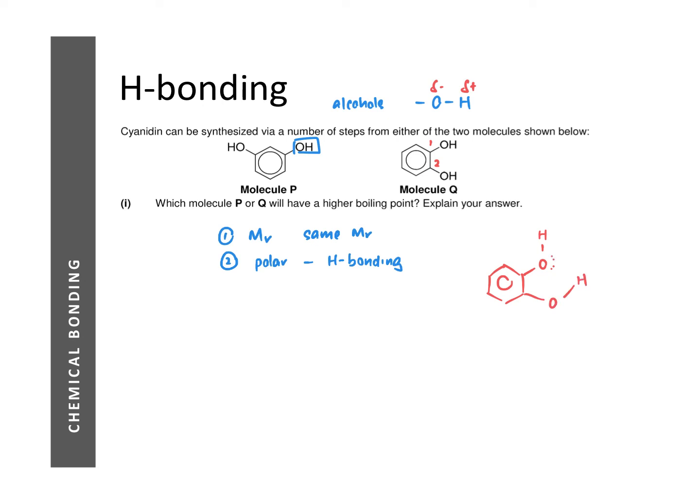Okay, and what's so special about that is now this hydrogen atom can form a hydrogen bond with the lone pair on the oxygen atom that is in the same molecule. Okay, so we call this an intramolecular hydrogen bond. Now, when a molecule is capable of forming intramolecular hydrogen bonding, it means that it will form